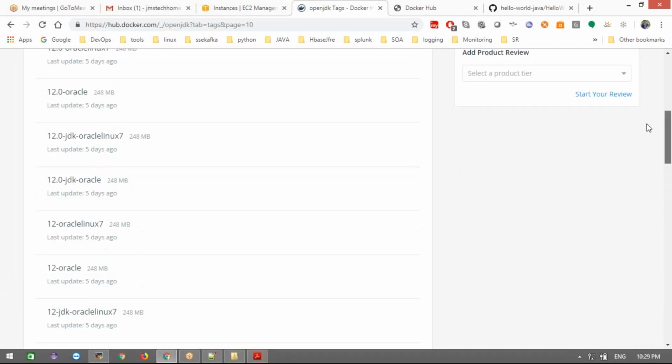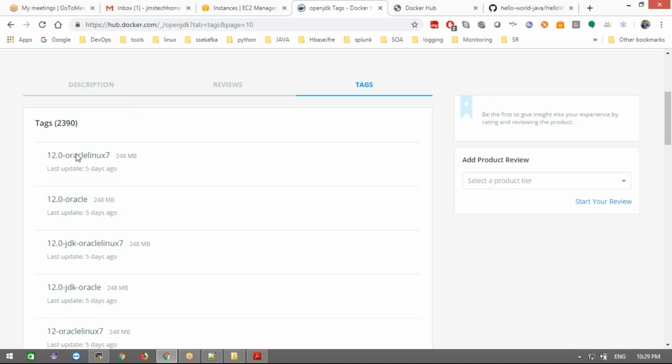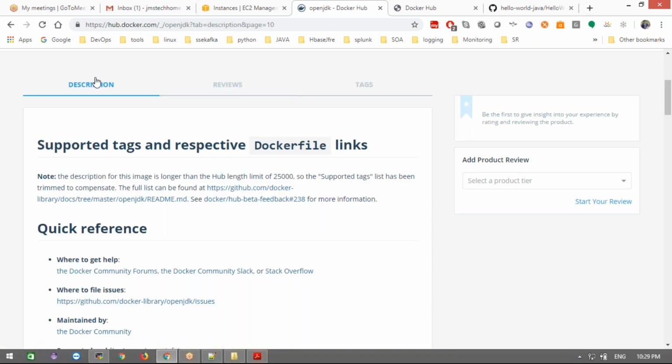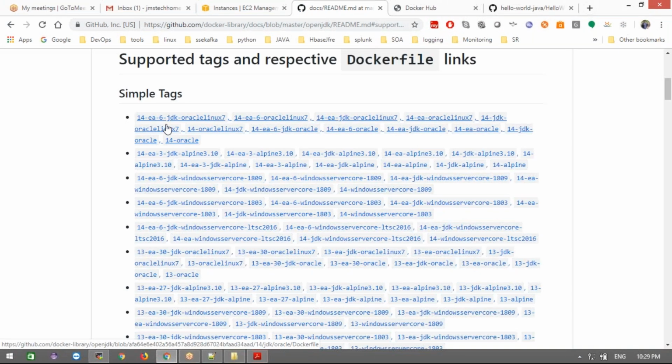What I'm trying to show you here is, we are going to click on the code also. Somewhere we are able to see this code. If you click here, we can see how they wrote the instructions.